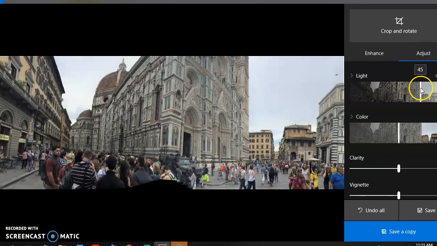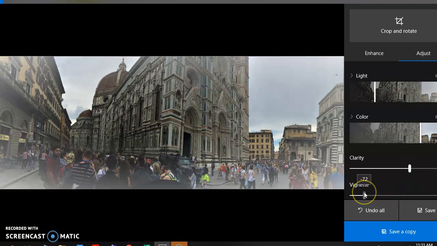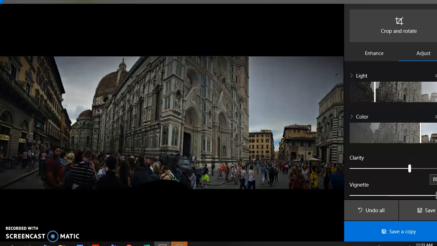If it's a little dark, you can brighten it up. If it's a little light, you can darken it. I can also adjust the color. I can remove all the color and make it black and white, or I can adjust the color and pop up some color. I can also adjust the clarity. Sometimes this messes with your quality. And then I can also add a white vignette, or I can add a dark vignette. I wouldn't go all the way to there unless it's a really bright photograph. And then I would click